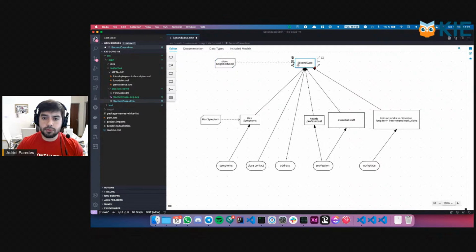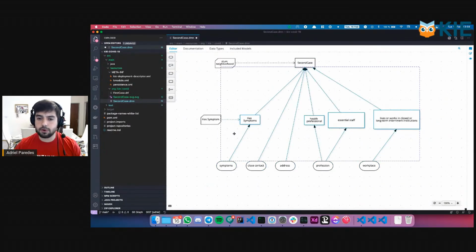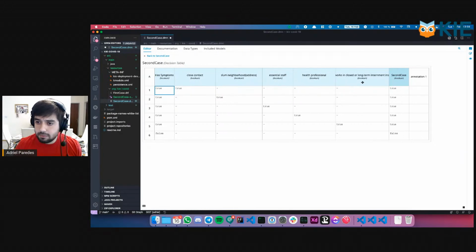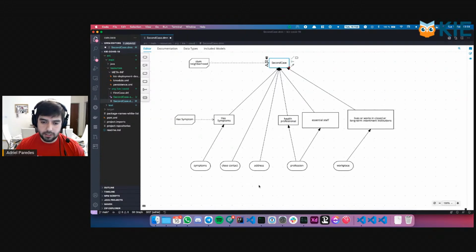And you can put everything, all the inputs from the user perspective, all the outputs from the decision perspective, into a single decision node. In this case, this is a kind of table that I made. But the most interesting thing here is that we are including this function in this row of this table. So we are sending the address that we get as an input from the user perspective,